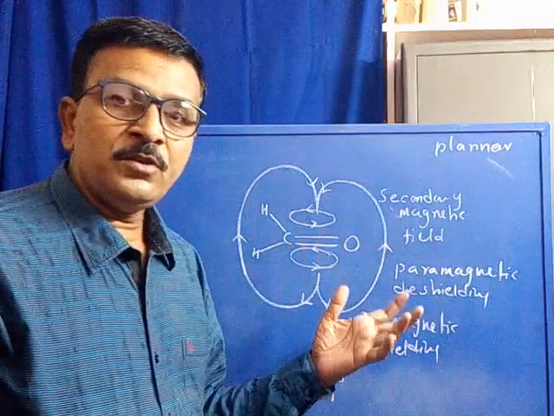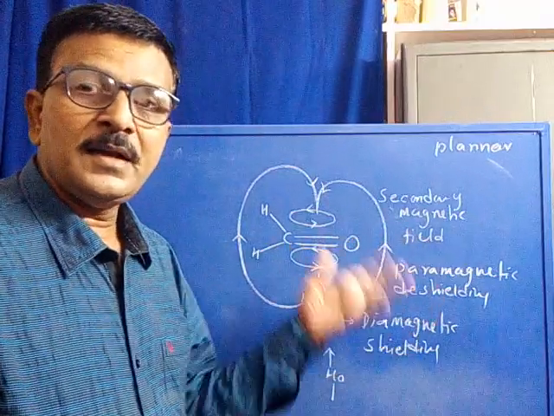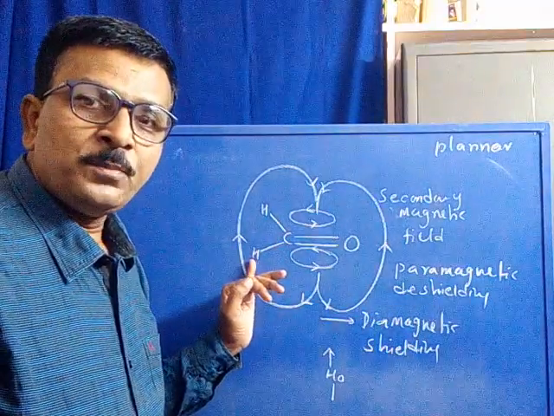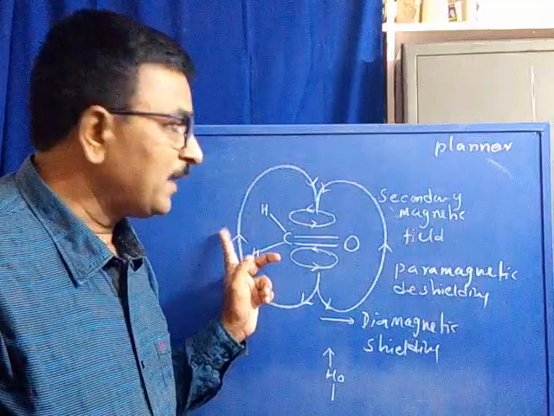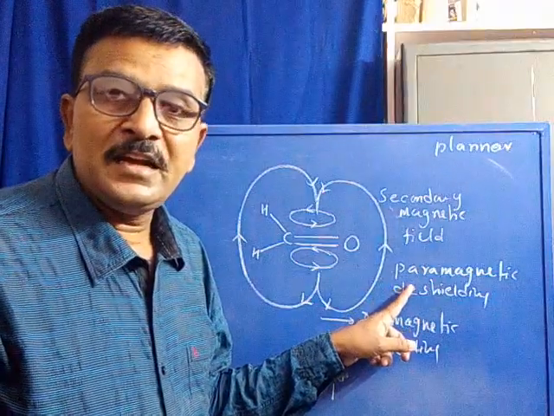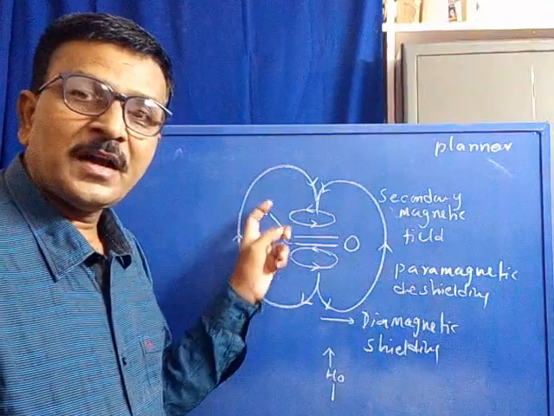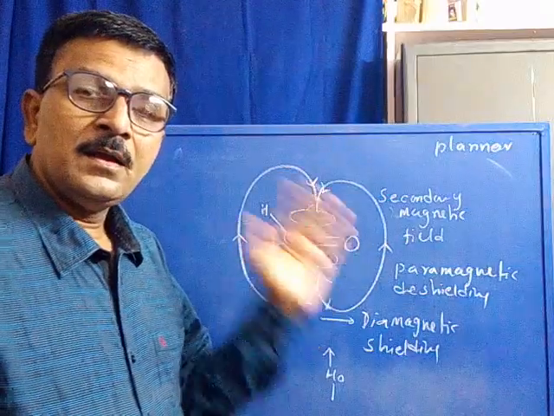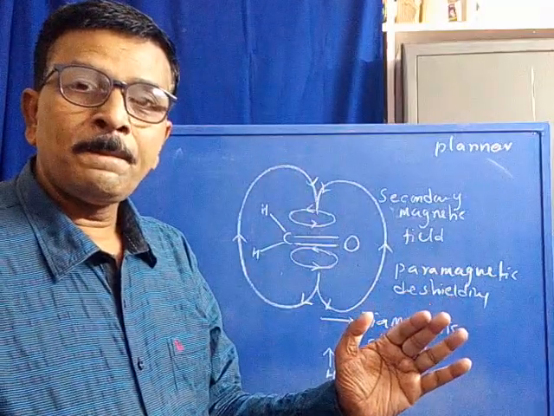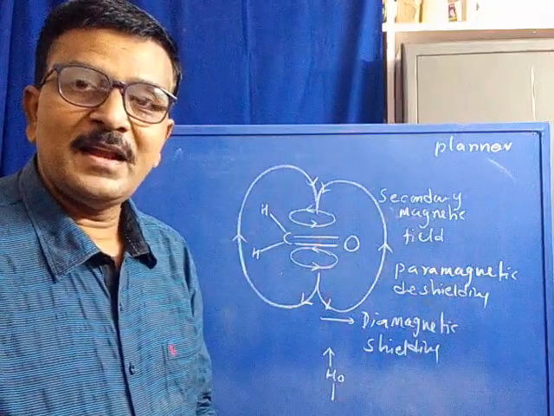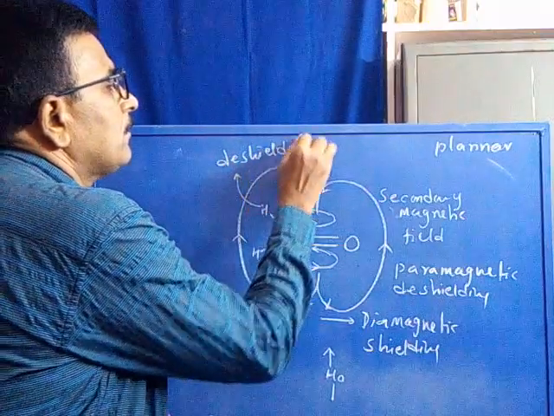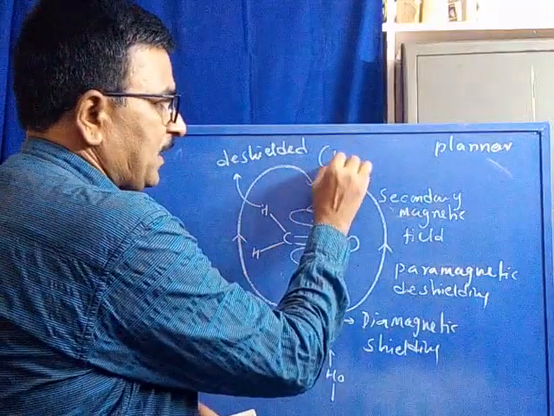Let us find out what its effect is on the delta value of the aldehyde protons. Now you see, the hydrogen of the aldehyde group is lying under the paramagnetic field. This is a paramagnetic field, that is, it is a de-shielding zone. So the hydrogen of the aldehyde group is lying under the de-shielding zone or paramagnetic zone. Therefore, the protons are de-shielded and their signals appear at higher delta value.